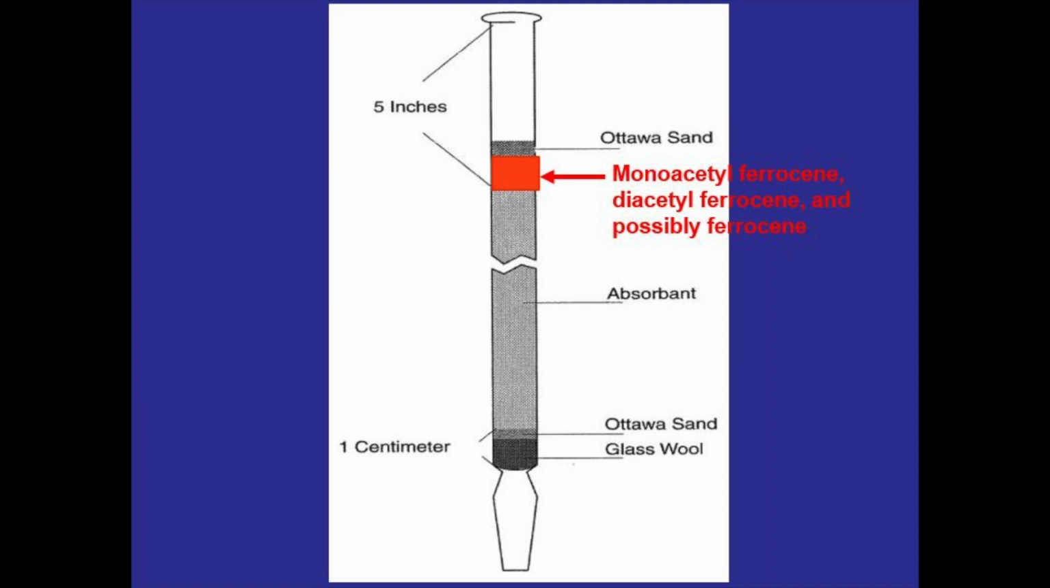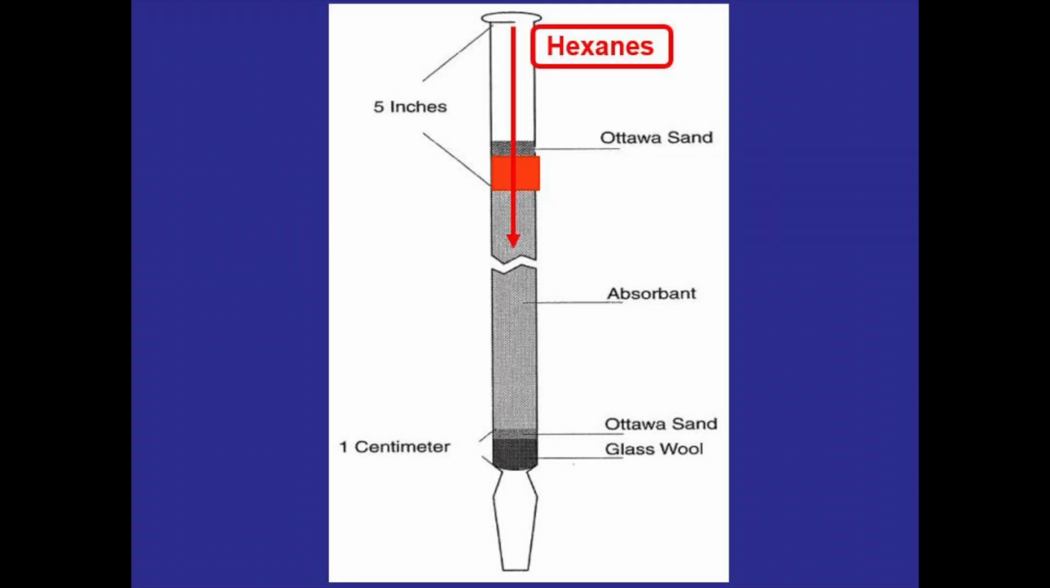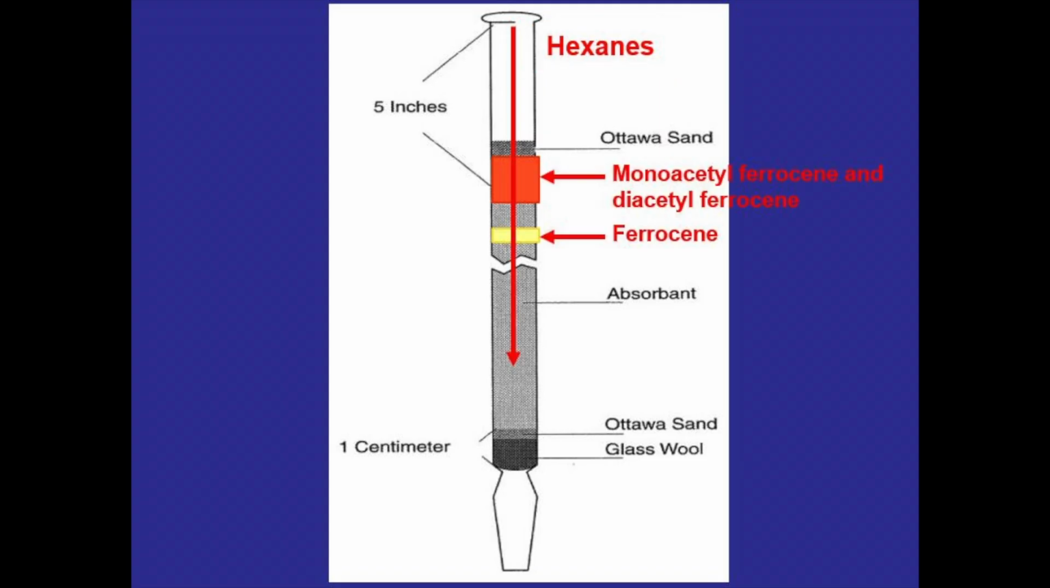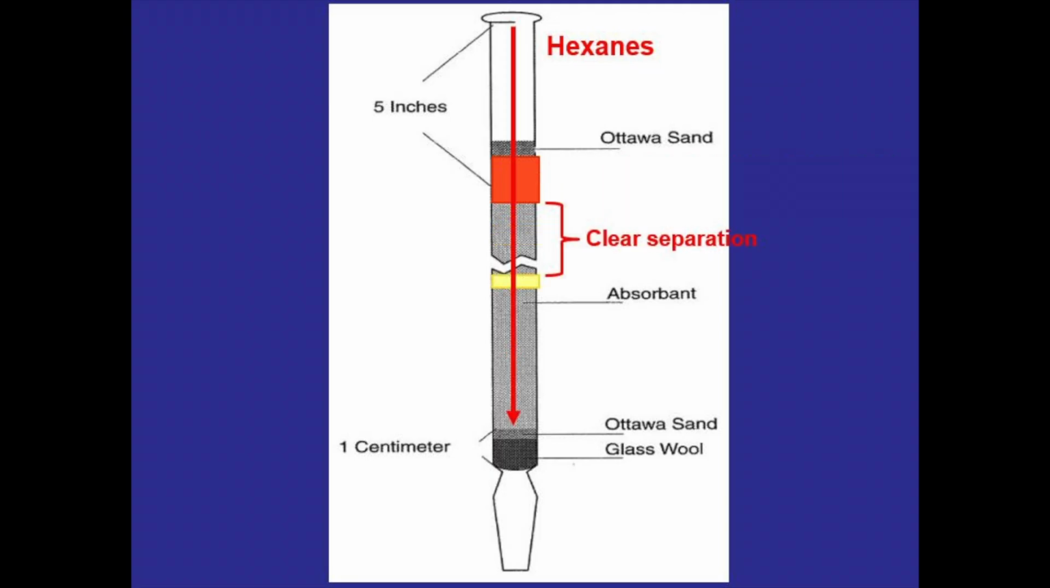We want to start eluting the column using a very non-polar solvent. So we'll start by using hexanes, which will dissolve everything, but start moving the ferrocene and separating it from the two products. Since ferrocene is very nonpolar, it's not going to interact with the alumina in the column very much at all, and will be moving the quickest out of the three compounds. And we'll keep adding that solvent until there's a clear separation between ferrocene and the two products, where we can